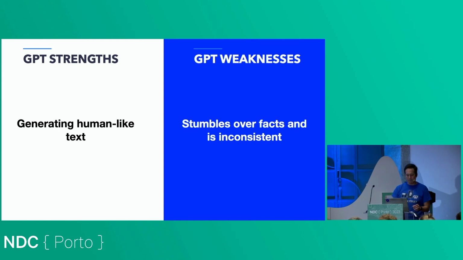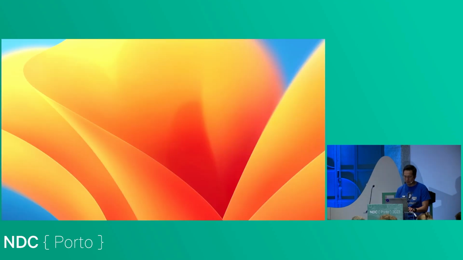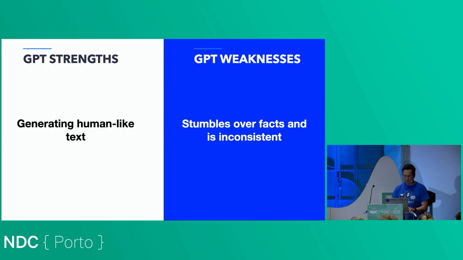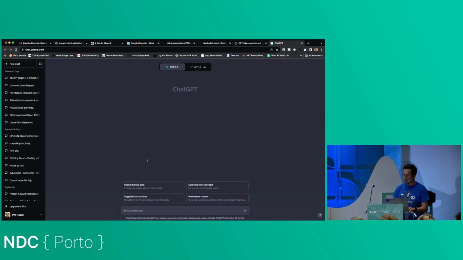So I'm going to show an example of this. Let's see. I'm going to see if I can do this. Open. Will that work? No, that didn't. Okay. All right, I'll get better at this. Oops. As we go. Can you see that? Oh, great. So what I'm going to do here is type in a prompt. So let me zoom that in.